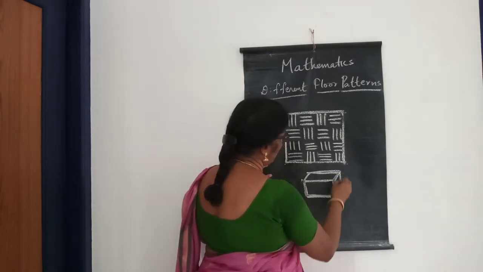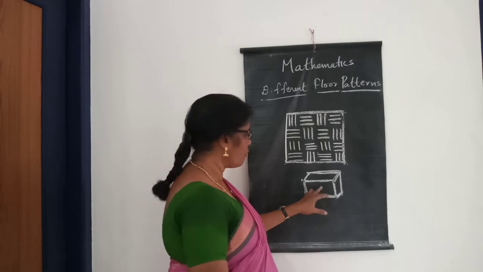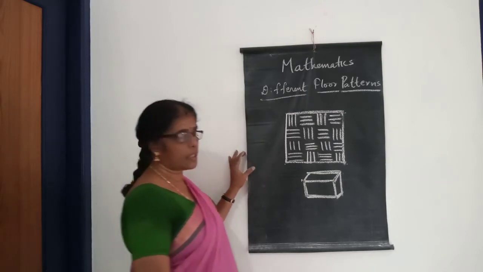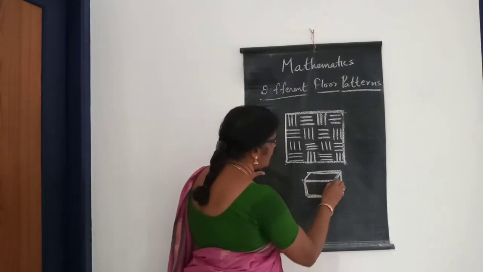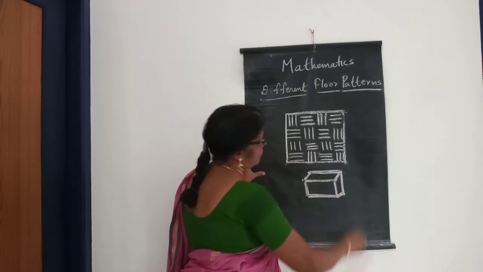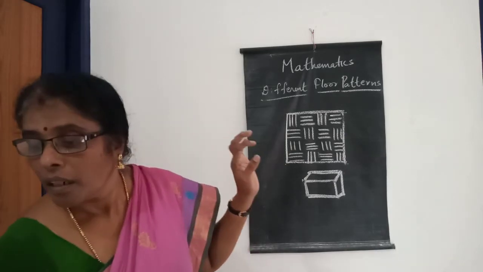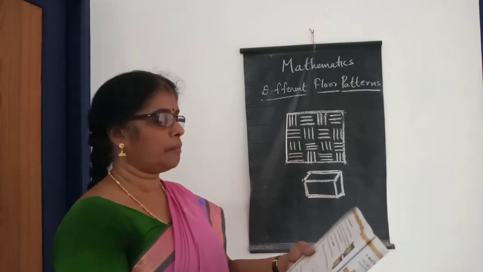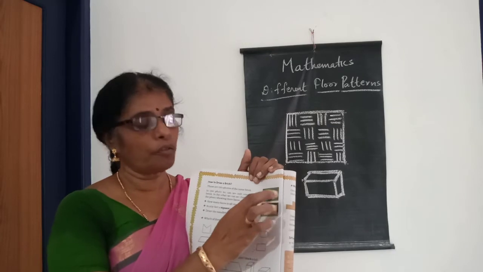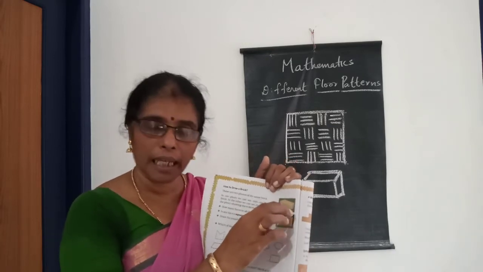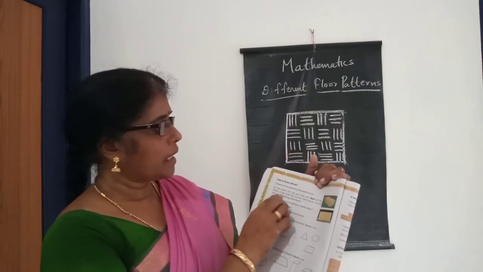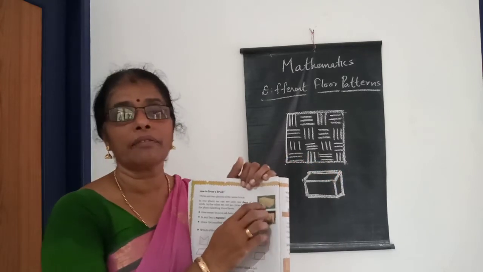Look at children, three faces of the brick. One is this face, one face, two face, three face. Okay, then how to draw? First you draw like this, and next, okay, this is drawing the brick. Two photos are already given here. These two photos are the same brick. In one photo we can see only one face of the brick. In the other we can see three faces.